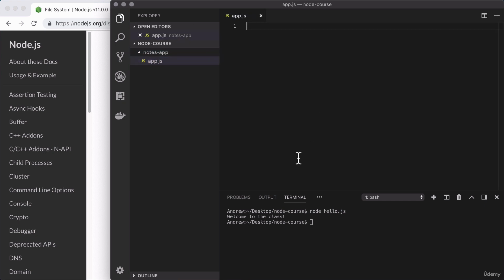app.js. Now down below, inside of the terminal, I am going to switch directories from Node course to Notes app by using cd space, then the folder name, notes-app. Now we're actually running commands from that directory, and that's great because we're going to run Node in just a few seconds. Let's go ahead and actually use